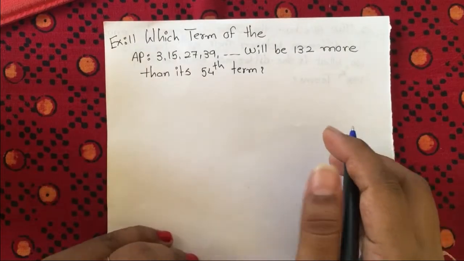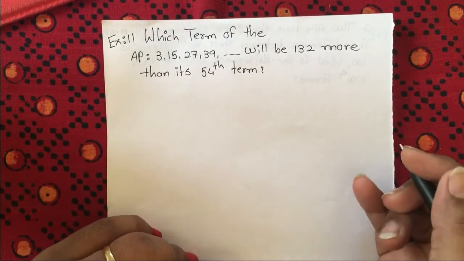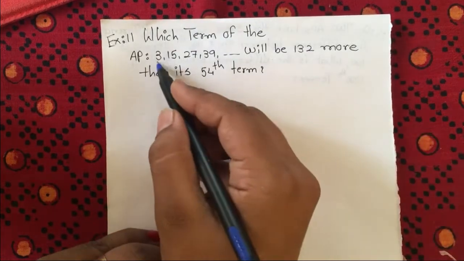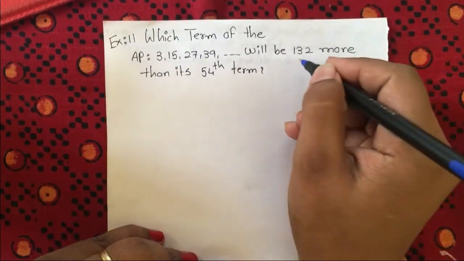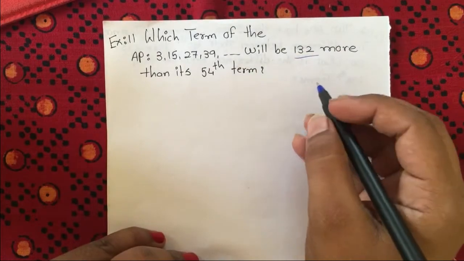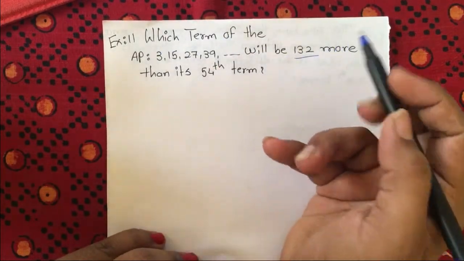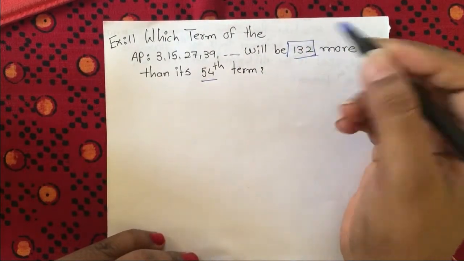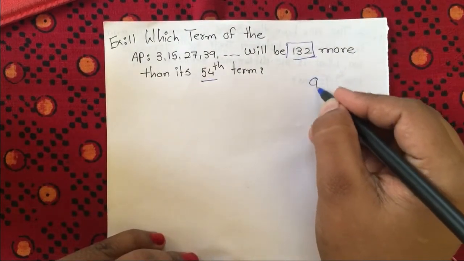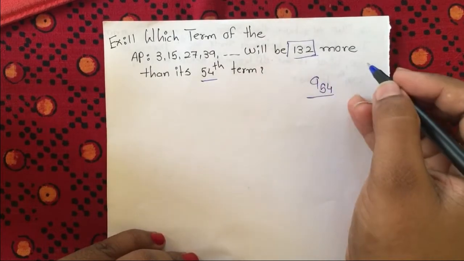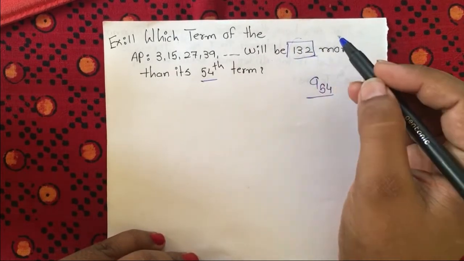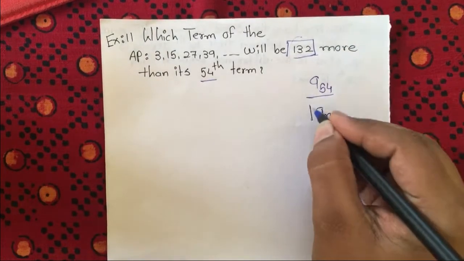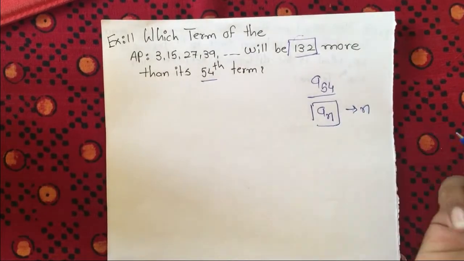हेलो व्यूअर्स। सो आज हम स्टार्ट करते हैं एक्सरसाइज 5.2 एग्जाम्पल नंबर 11। Which term of this AP is given will be 132 more than its 54th term. ओके, सो यहाँ पे जो हमको वो टर्म फाइंड करना है जो 54th टर्म से 132 मोर है। सो फर्स्ट वी हैव टू फाइंड द 54th टर्म। उसके बाद हम वो जो टर्म आएगा उसमें हम 132 ऐड करेंगे, वो एक नया टर्म बन जाएगा, वो हमारा बन जाएगा AN, और वहाँ से हम क्या फाइंड करेंगे N। इज़ दैट क्लियर?